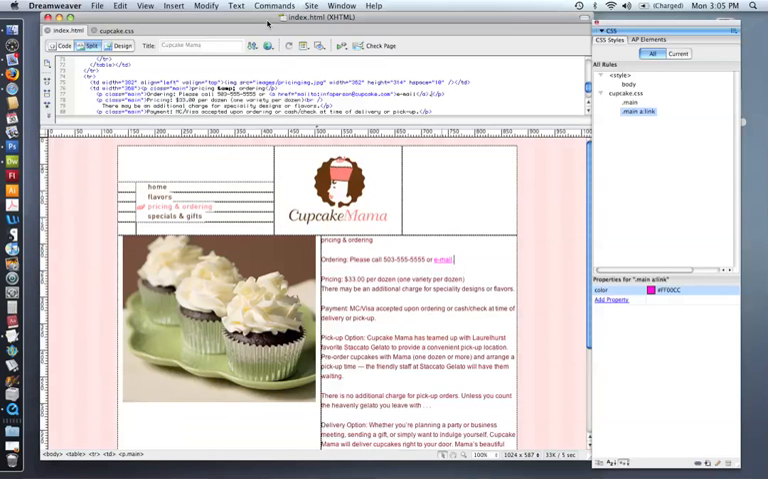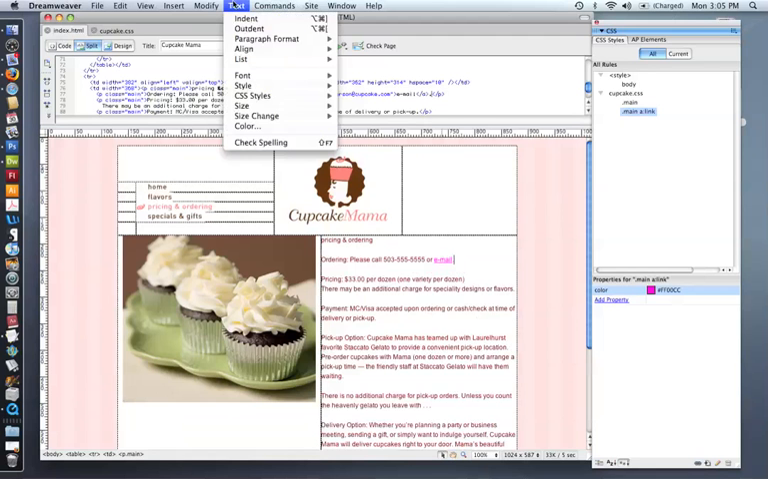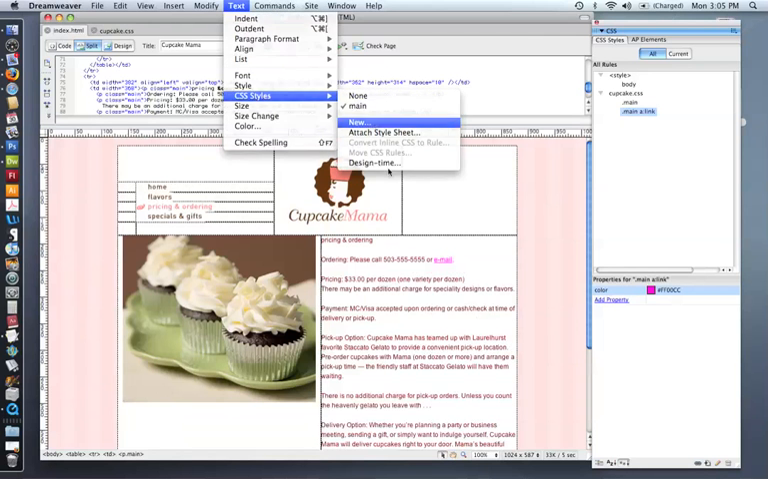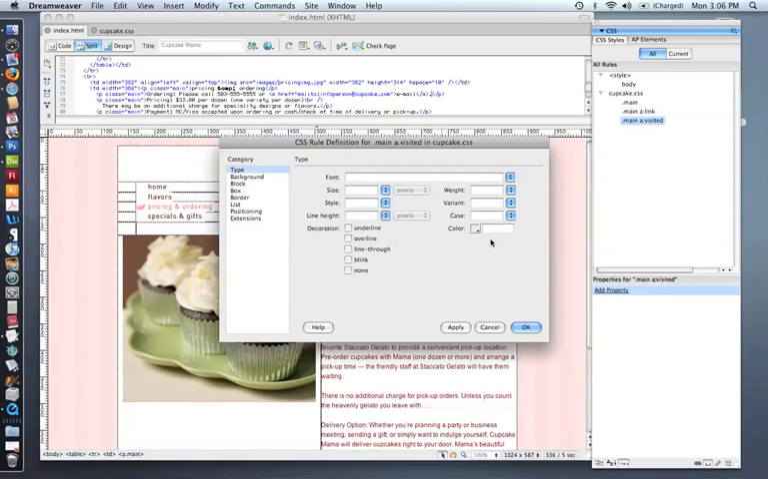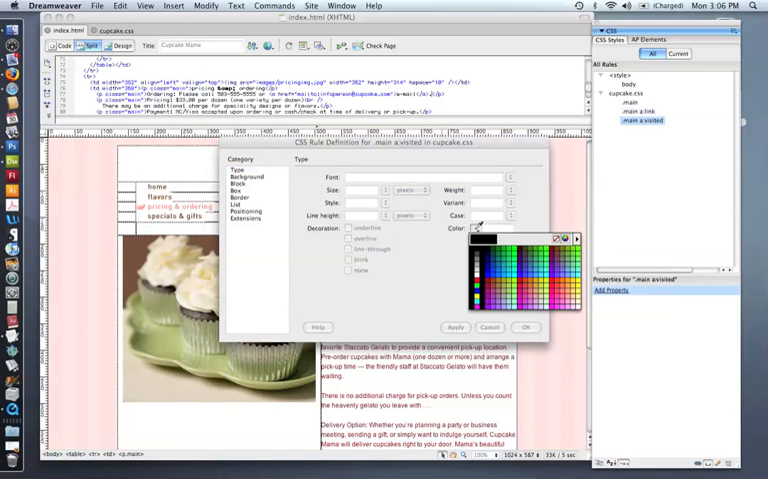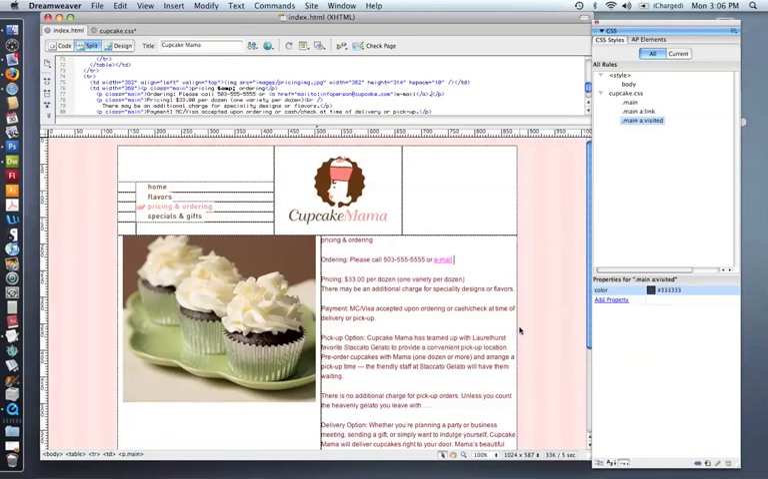But let's do the other properties, the visited and the hover. So go back up to text, go to CSS styles, select new. We're going to do advanced, select visited, again put .main in front of it, and select OK. And now we're going to do the visited. So let's say for the visited color, I'm going to make that sort of like a dark gray. Okay. And then finally I'm going to do the last one,